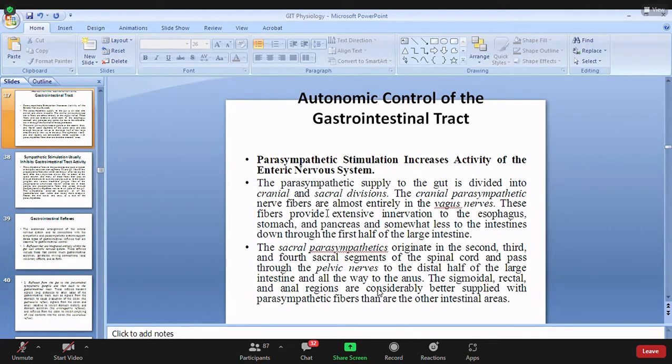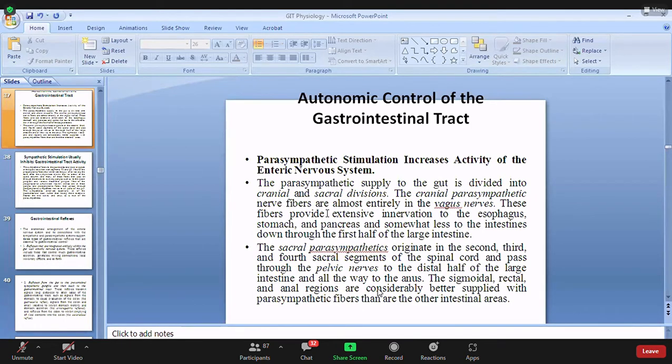Yes, ma'am. Parasympathetic stimulation in the gut, what does it cause? It will increase intestinal motility. If intestinal motility occurs, what will happen? It will stimulate the whole gut and evacuate the gut content. As a result, we will have better